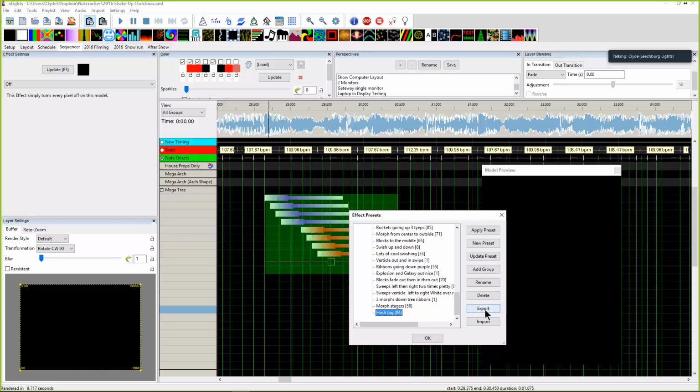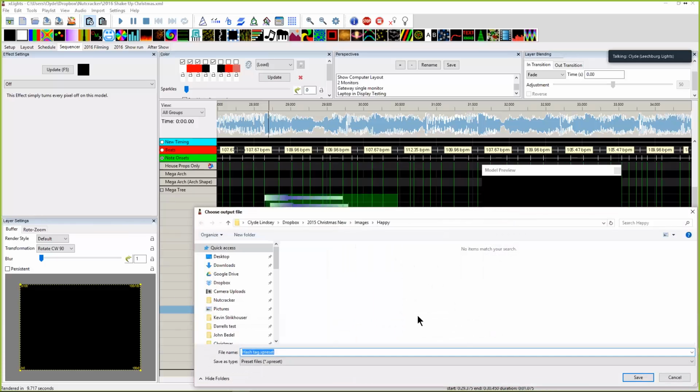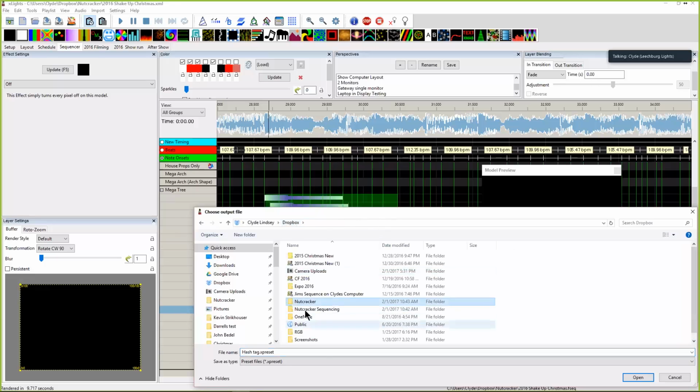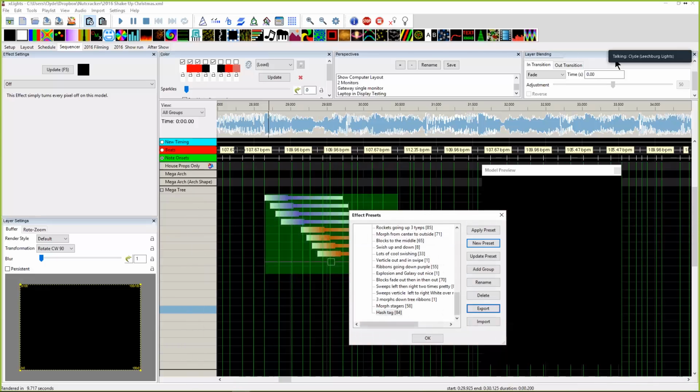Now, to export the preset, you just select the preset that you want exported, click on export, and notice where it's going to send it to. This is the last known directory that I was playing with. If I go into my Dropbox and go to Nutcracker, and I'm just going to put the letter Z, so it should show up at the very end. It's going to save it as a .xpreset. If I click Save,